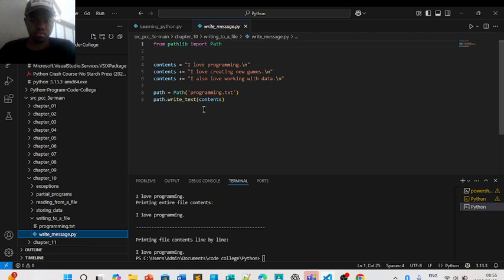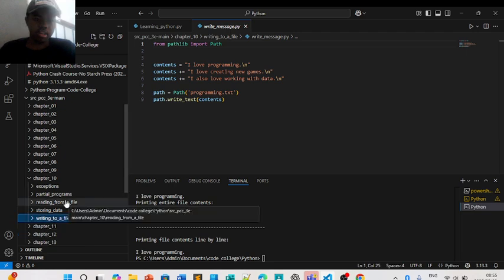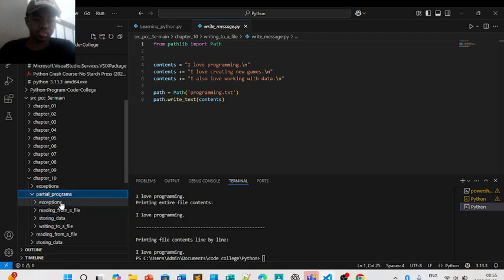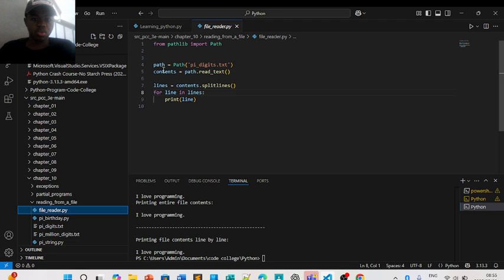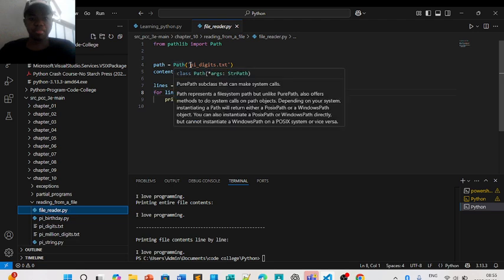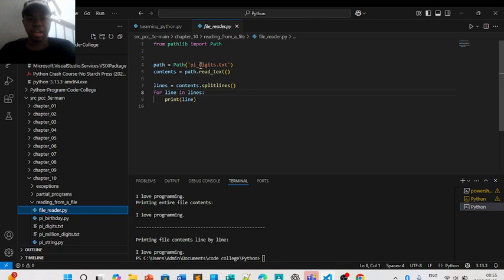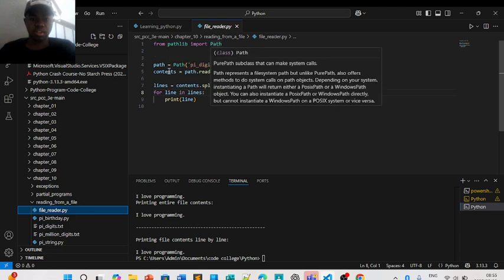So that's what you got. And then, obviously the path, right? The path method or Path class. You've got pi_digits.txt in your contents path. So obviously we've got our module, then a